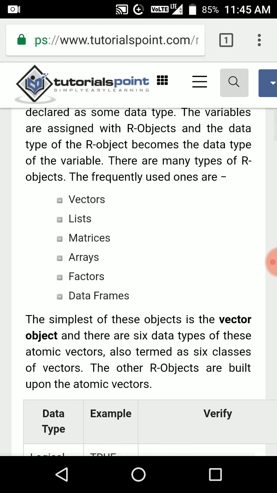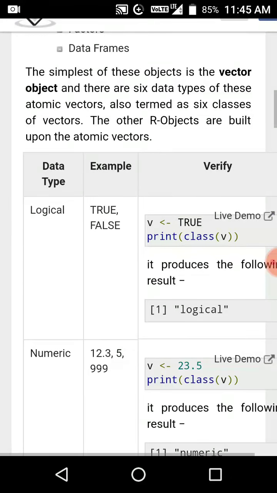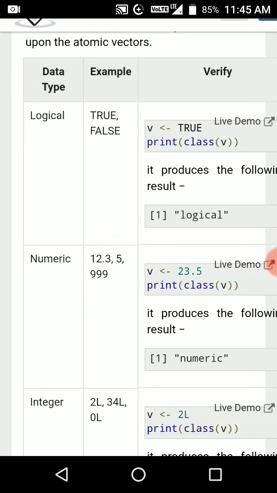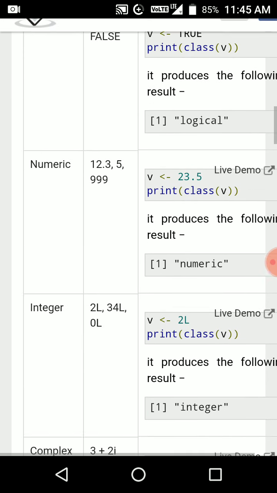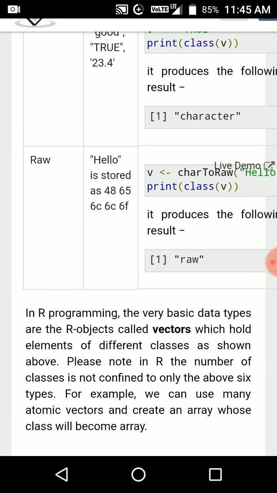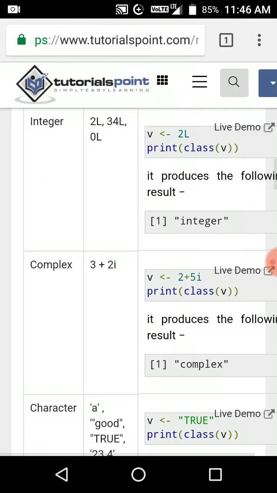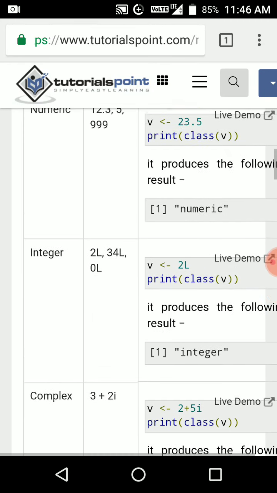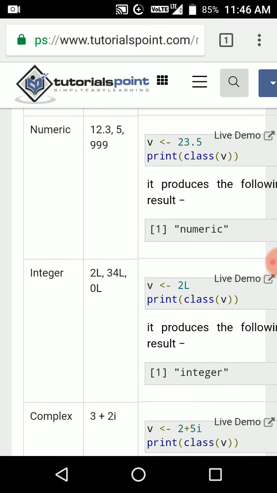In vectors, the atomic vectors were already explained in the previous video: logical, numeric, integer, complex, character, and raw. We can execute one of the vectors.